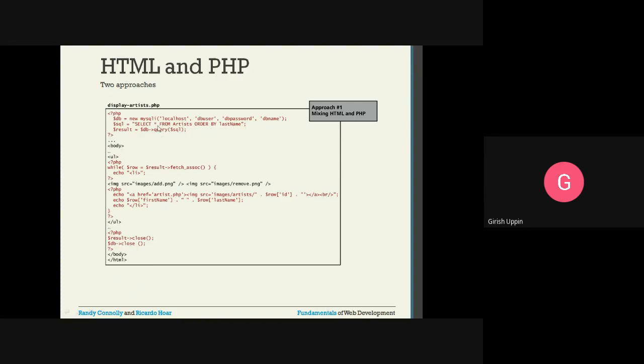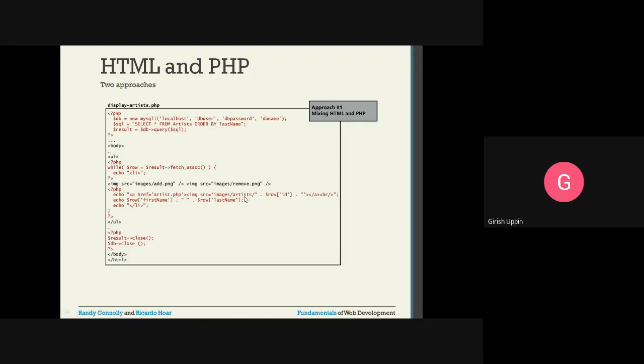So here they have not given the column names actually. Inside the artist we have ID, the first name, and the last name. So we are fetching that dynamically, and we are creating the li. This is the opening li and this is the closing li. So what it is doing is, for every row we are making one anchor, that is the link provided to the artist.php.